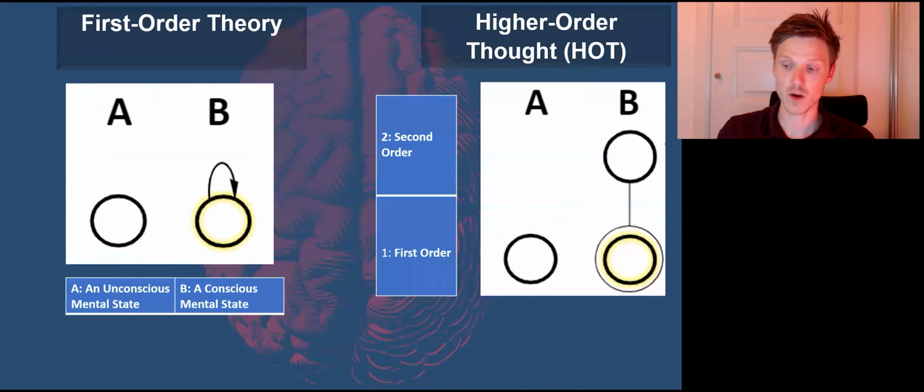And this is in opposition to what we will be dealing with in the next session, which is higher order thought theory, or HOT theories, where they require that another mental state is able to represent the first mental state as conscious. But here, first order theories simply state that the mental state is able to represent itself as conscious and doesn't need anything else.